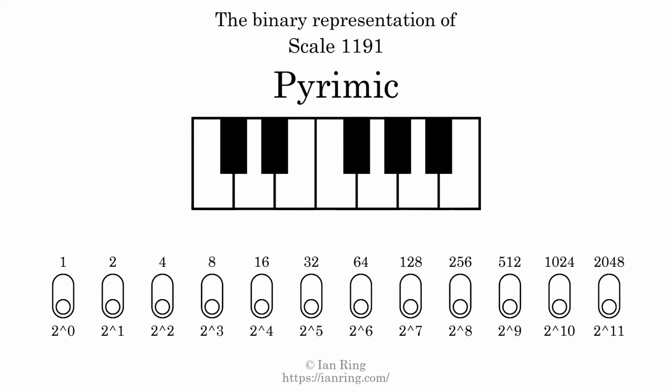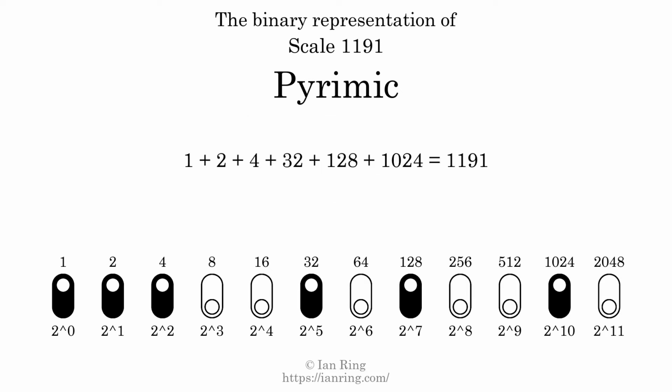The binary representation of this scale is determined by mapping tones of the scale to binary digits. Each binary digit represents a power of 2. To get the scale number, we add the powers of 2 together. The powers of 2 that are present in the scale, all added together, equals 1191. That is why the scale number, in decimal, is